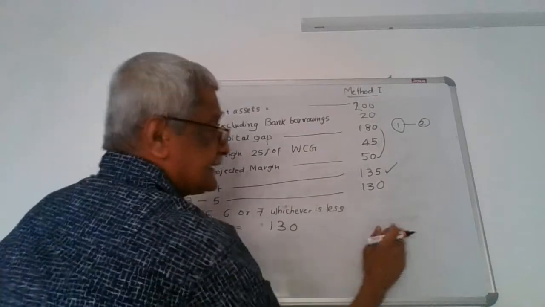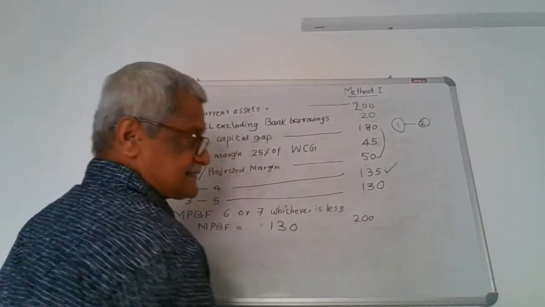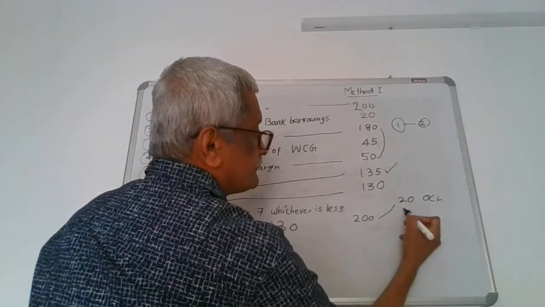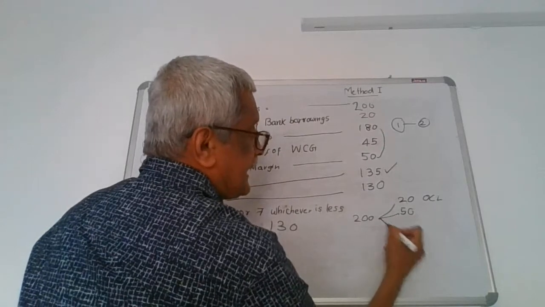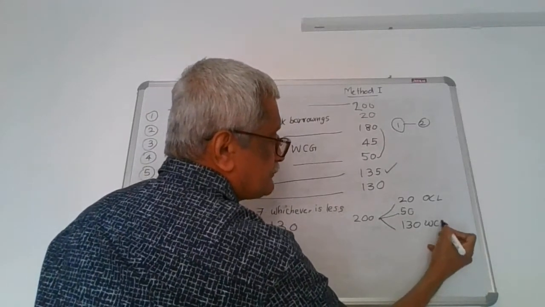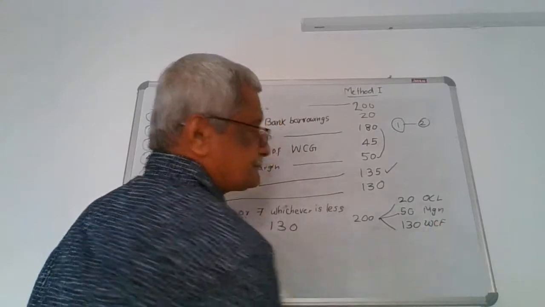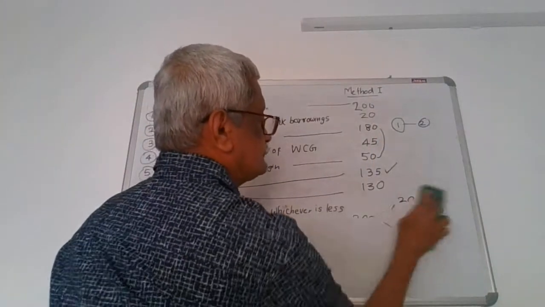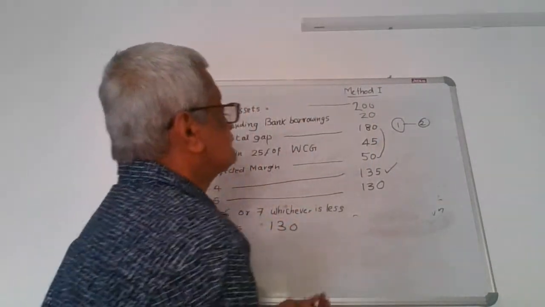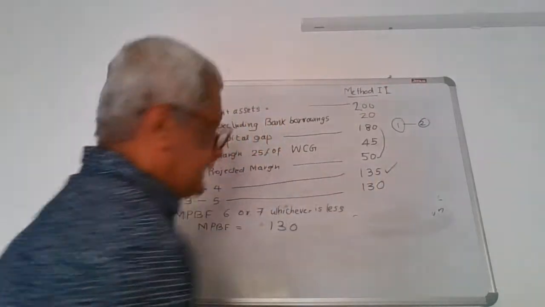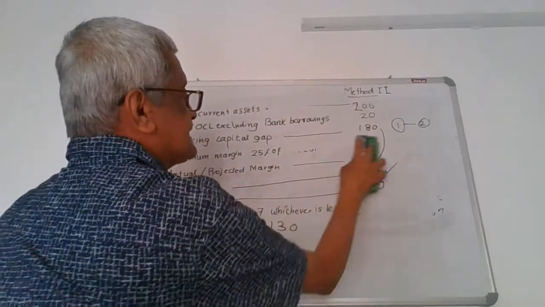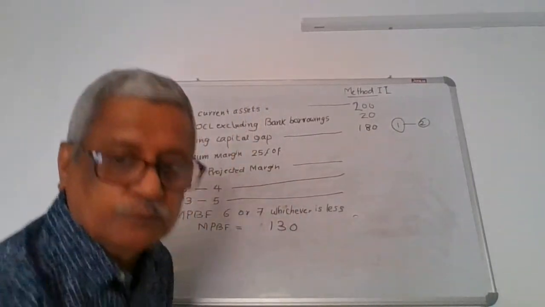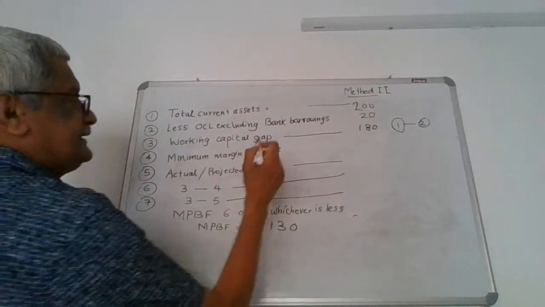So in this case, his total investment in the current assets, that is 200, is met by 20 OCL, margin 50, and the balance the bank gives by way of working capital finance. Now let us go to method 2. In method 2, the only difference is from here. I told you the difference between method 1 and method 2 is in the minimum margin to be brought in. In this case, it is